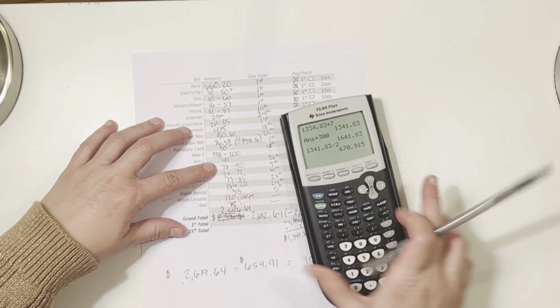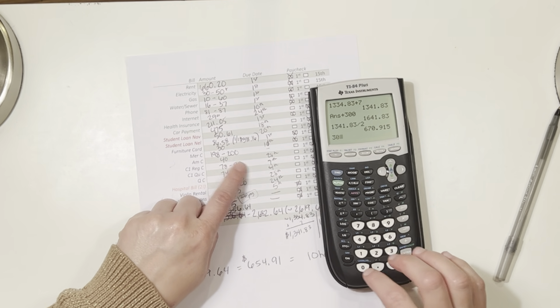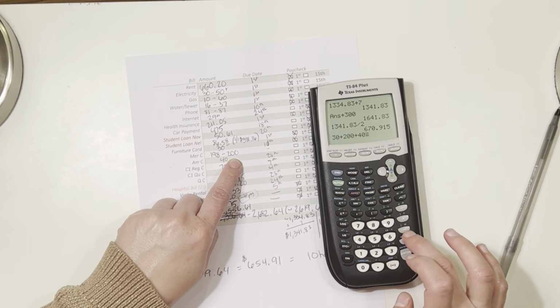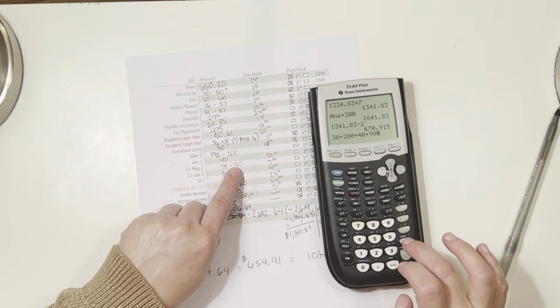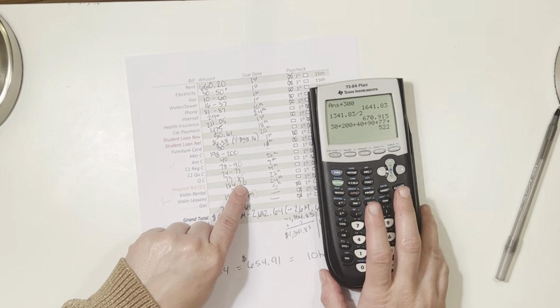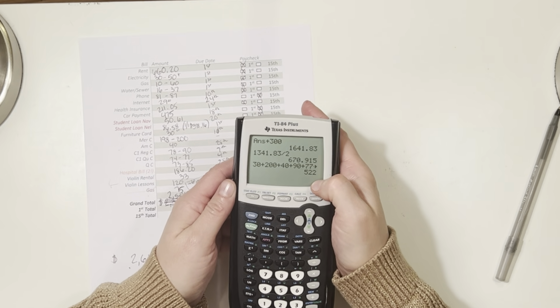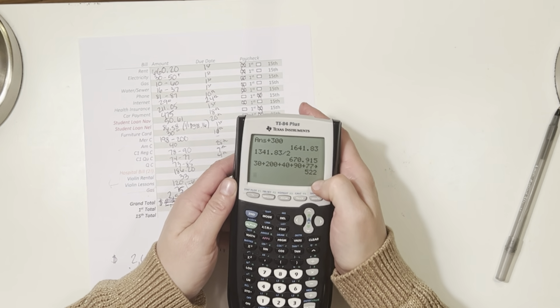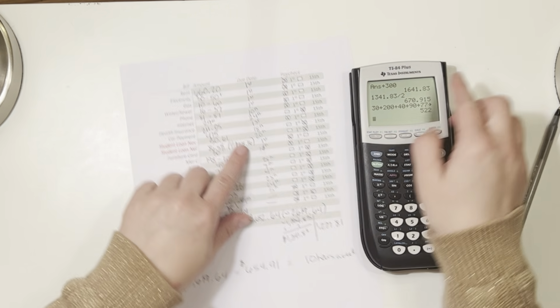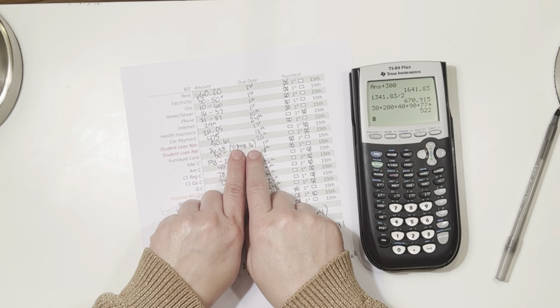I actually am curious. I'm going to do the high end too. So I have 30, 200, 40, 90, 77, 85. Right now I have $522 a month I am paying just in credit card debt. That is insane. Once the student loan starts in January,